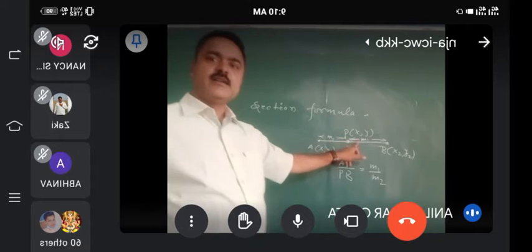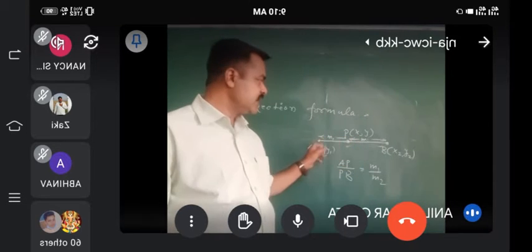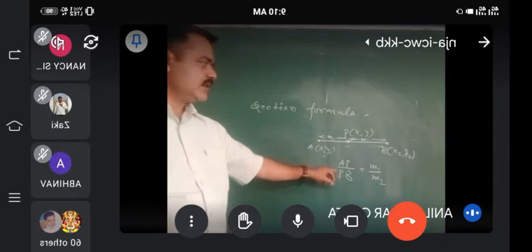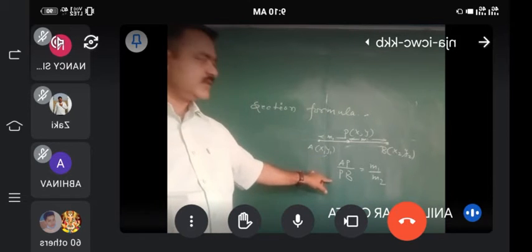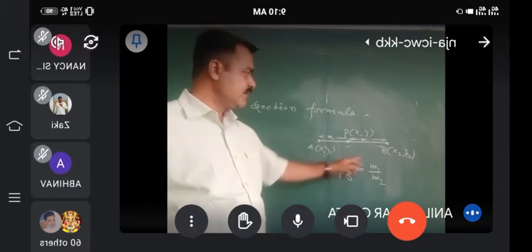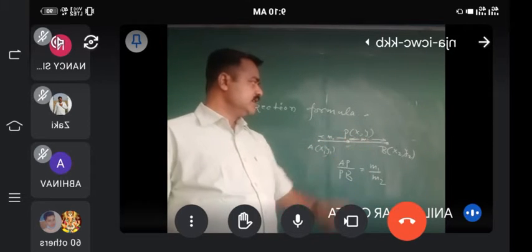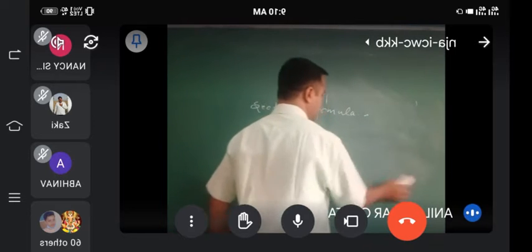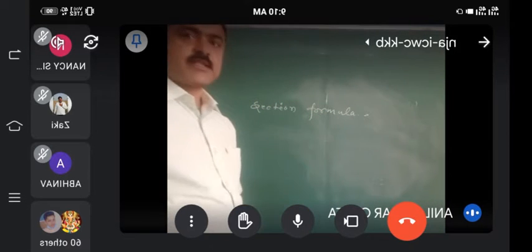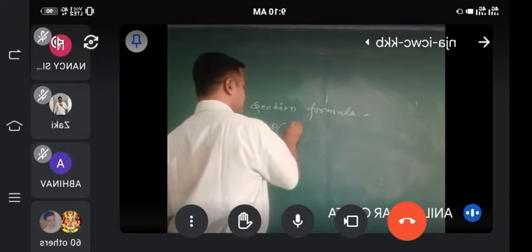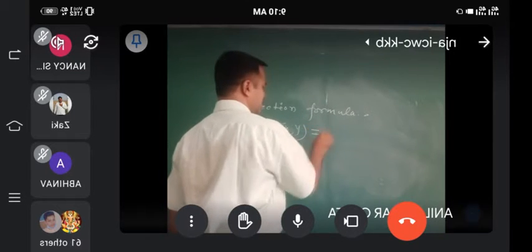Now what is the coordinate of P(x, y), if P divides the given line segment AB in the ratio m1 to m2? Here it is given AP upon PB equals m1 upon m2. Now the coordinate of P is x, y. So we can find the coordinate of P which divides the given line segment AB in the ratio m1 to m2